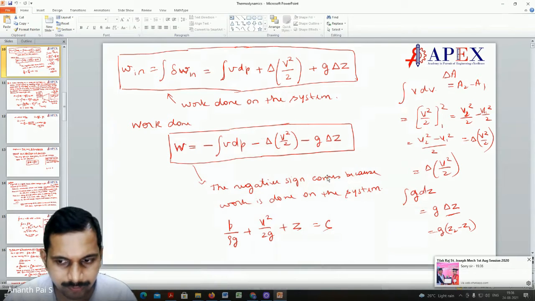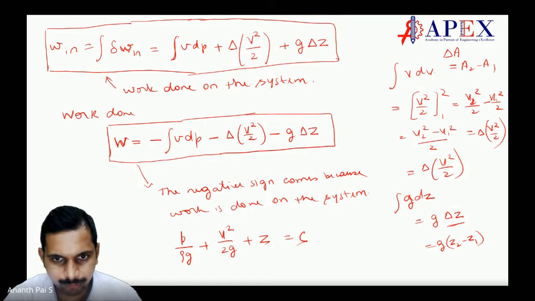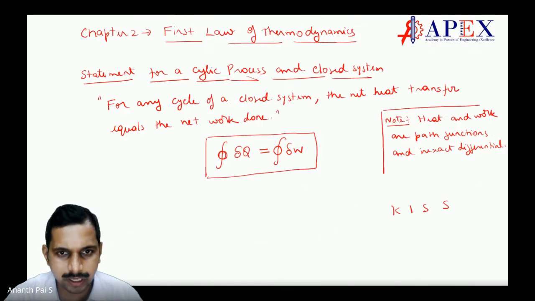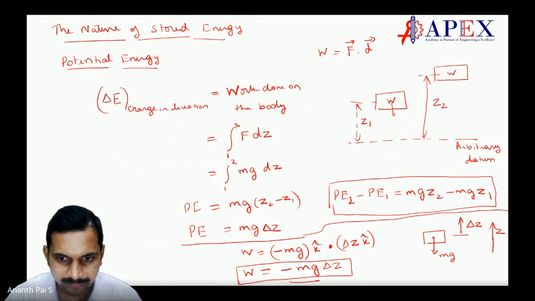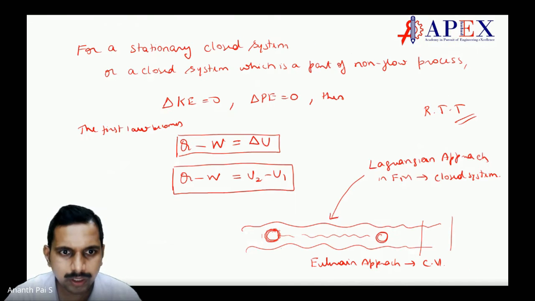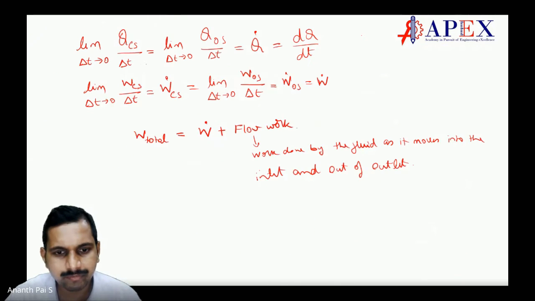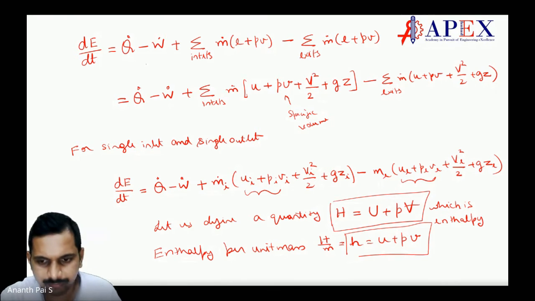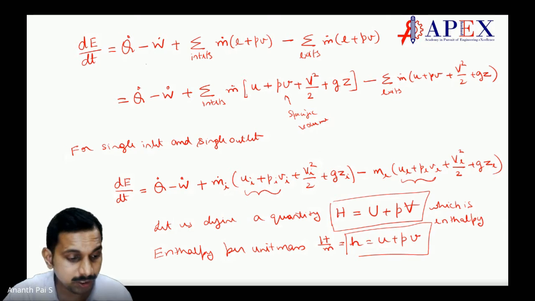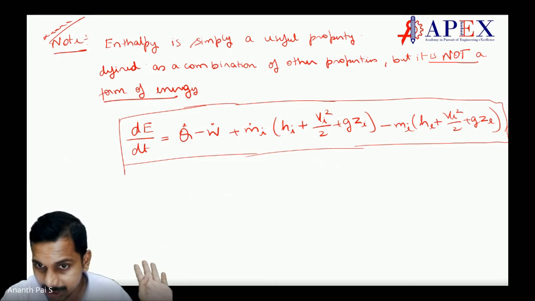So here we were seeing about how the things were happening. Okay, so we saw about workflow, all those things. Okay, so next we took an example. Now next we went with first law of thermodynamics for non-flow process. Then we saw nature of stored energy. Then we derived the first law applied to open system, and using open system we derived the concept of enthalpy. Now we will go back to the equation of state and some of the things in that. Okay, so enthalpy is understood, correct?